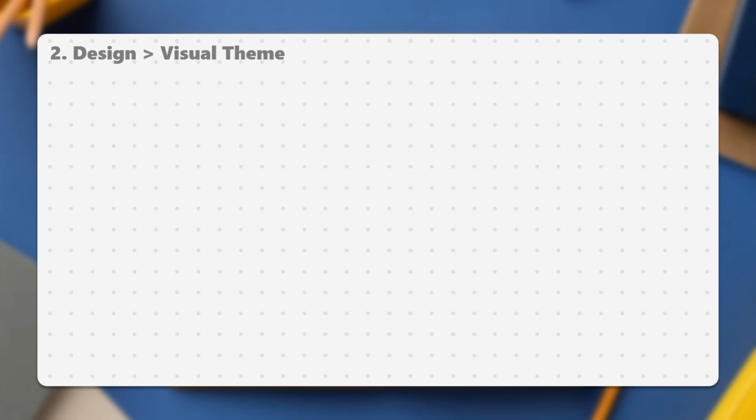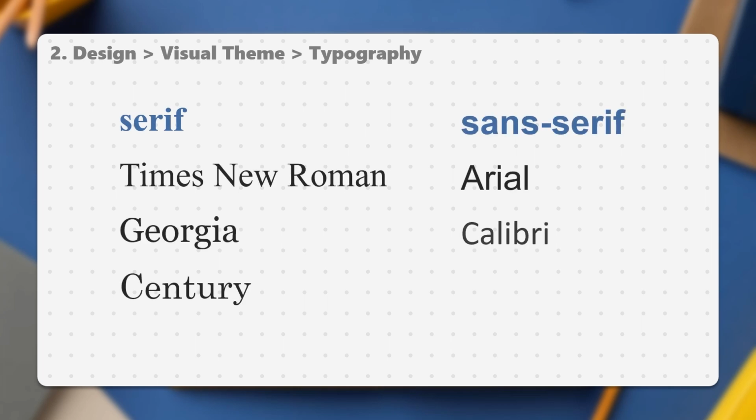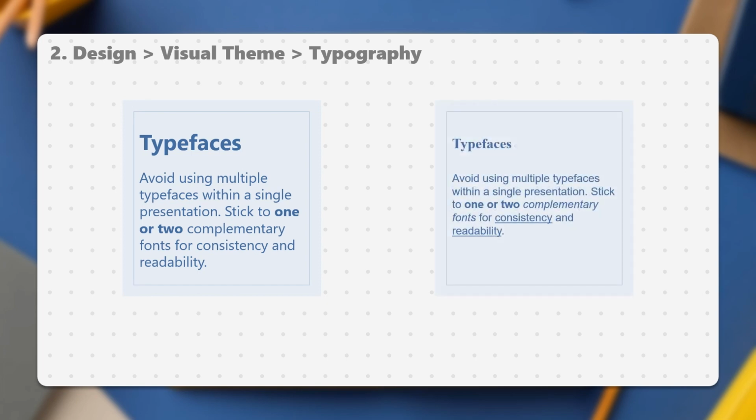throughout your presentation. The visual elements in the presentation slides influence the order in which our eyes choose to look and help us create emphasis. Start with picking a typeface. Ensure that your chosen typeface is easy to read, both on screen and in print. Sans serif typefaces are often considered more legible for digital presentations, whereas serifs can be well suited for printed materials. Avoid using multiple typefaces within a single presentation, and stick to 1 or 2 fonts for consistency and readability.